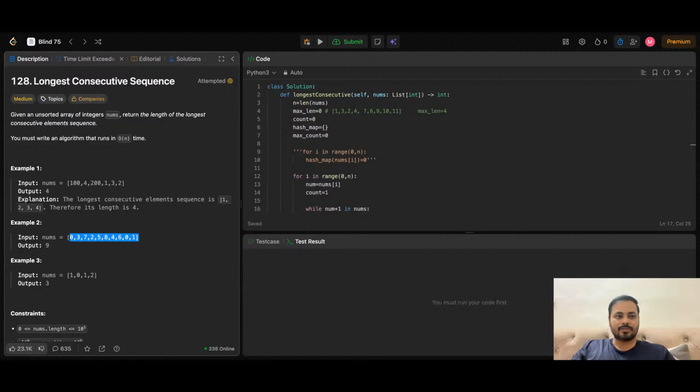It's a part of Blind 75, and we have been given an array of integers whose name is nums. This is the variable name nums. We need to return the length of the longest consecutive elements sequence. So what do we mean by longest consecutive elements sequence? Basically, whatever random elements you are given, you have to find out what consecutive elements are present, and how many. Let's say here, if we start with 0,